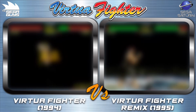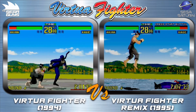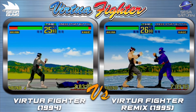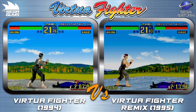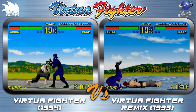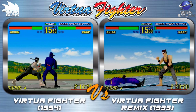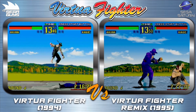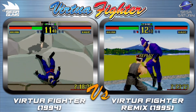And sure enough, Virtua Fighter Remix launched in Japan on the 14th of July 1995, 1 week after the Saturn itself launched in the UK. Remix has larger character models, which are texture mapped, giving a more advanced look. The payoff for these larger, higher polygon count models is the removal of the lighting system. Just look at Sarah's rooftop stage and the removal of the lighting on the floor that shines up on each